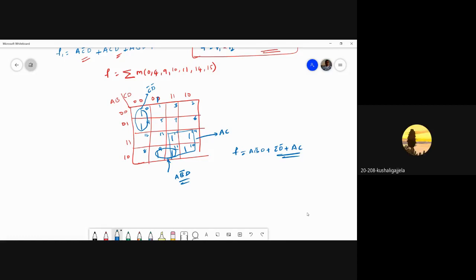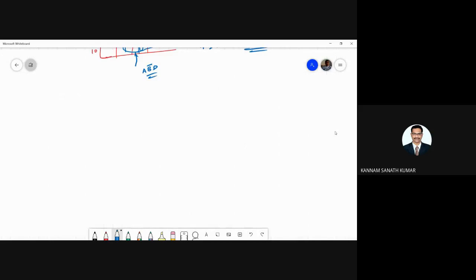Okay, so next, if there are two or three variables, we'll go for Boolean algebra. And if there are 3 or 4 variables, or 5 variables, we can use the K-map. But for designing of this IC in VLSI technology, you need some more variables. So if there are 5 or 6 variables, we can't realize by using the K-map. We have to go for one more method.